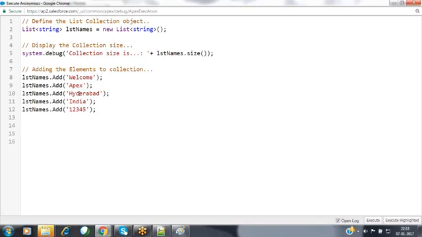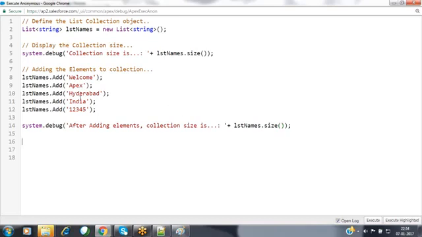Once the elements have been added, I want to show that collection size. System.debug: after adding elements, collection size is, object name dot size method. It is going to display the number of elements available inside this collection.